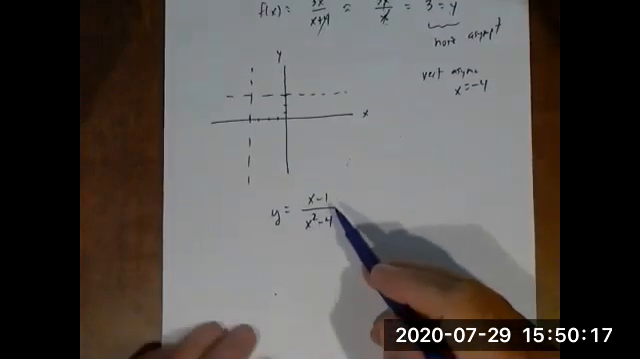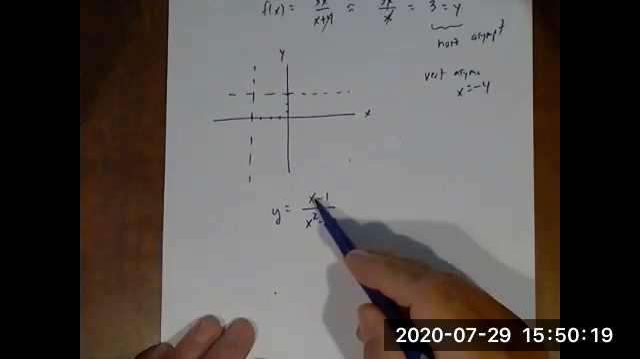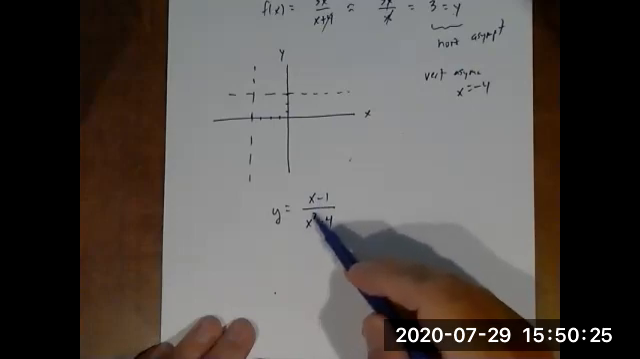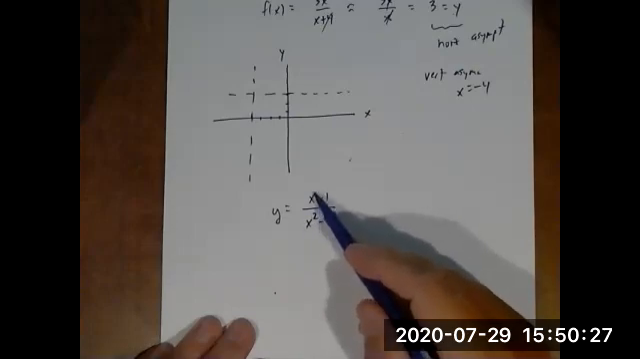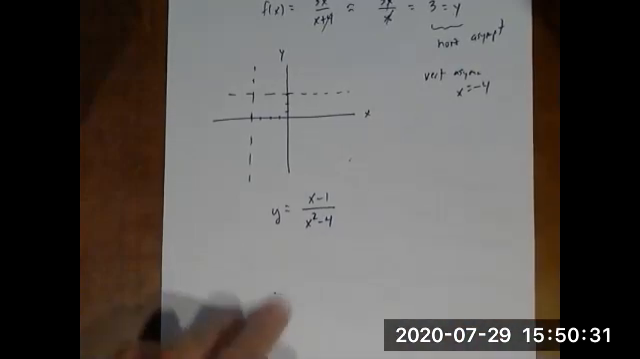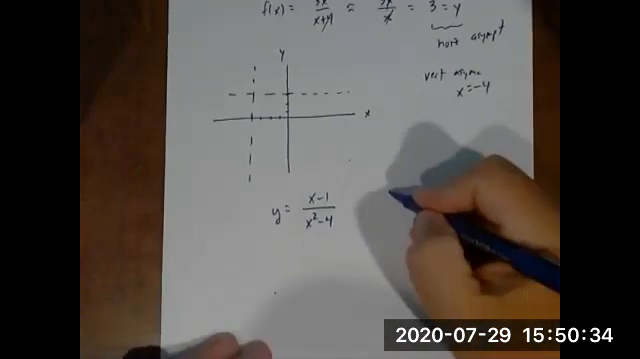Look what I have here. The top leading term is x. The bottom leading term is x squared. So here's a case where the top is less than the bottom. Now let's see what happens. Let's first do